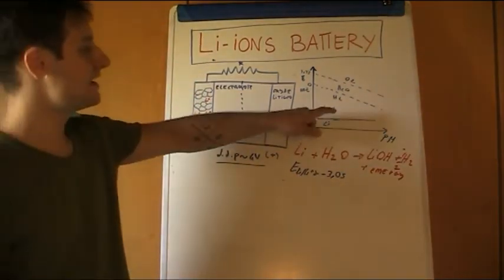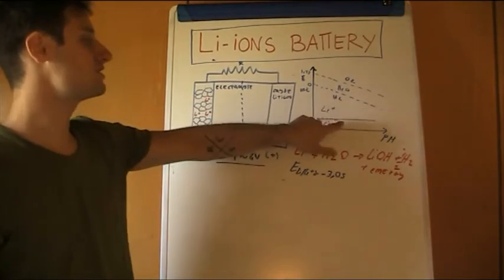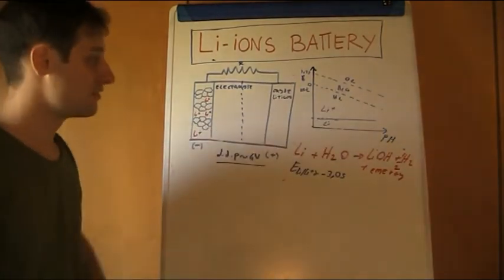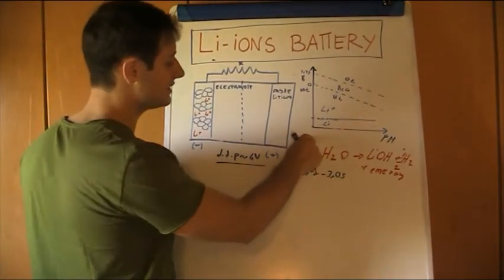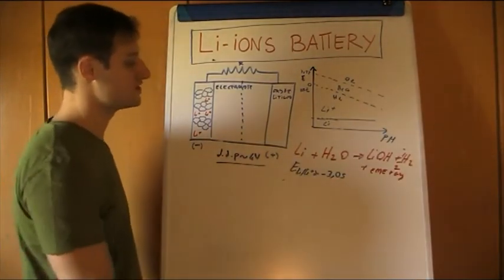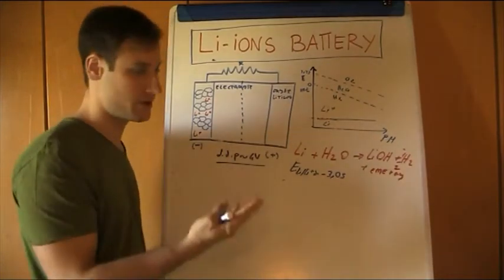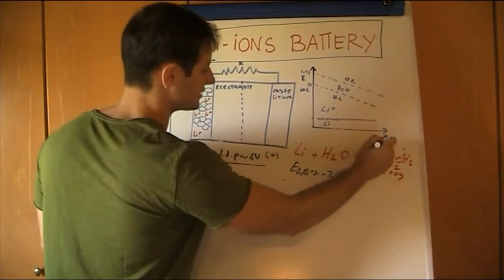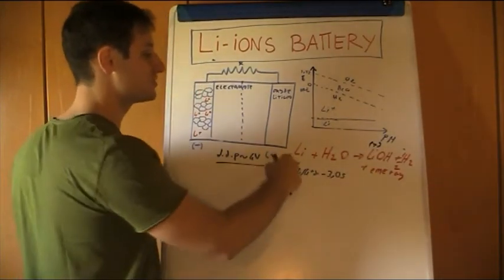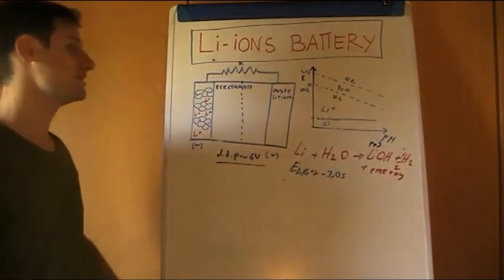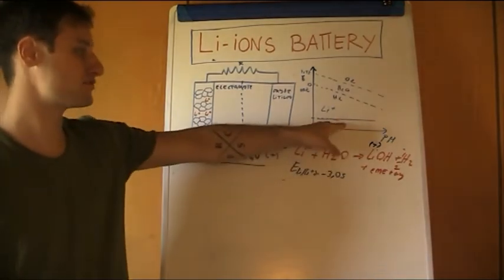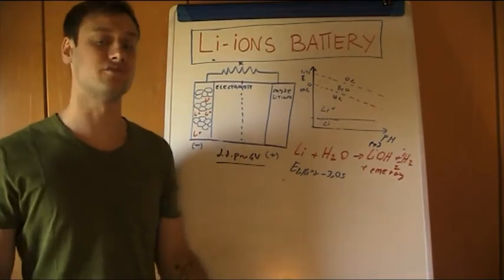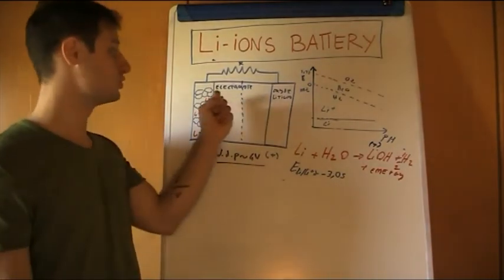In the water range, lithium exists only as lithium 1 plus, so it's not stable as metallic lithium. For this reason, when we place metallic lithium in water, it is always trying to be oxidized to lithium 1 plus, and in this way we can have this reaction. So spontaneously the lithium reacts with water in order to pass from the metallic state to lithium plus. And this is the reason why it's so reactive and we are not able to use water inside